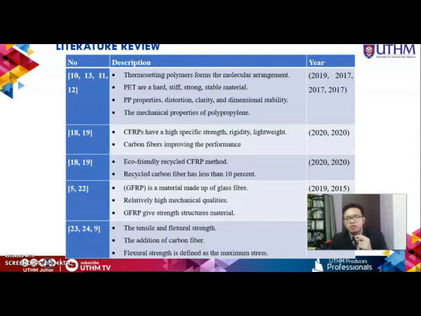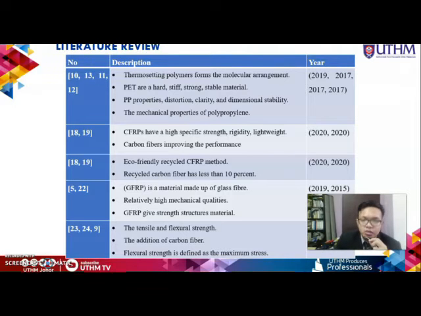So this is some of the literature review. As you can see in the table, the number of the journal, the description and the year of the journal. Going through the description, thermosetting polymers form a molecular arrangement. PET is polyethylene, a hard, stiff, strong, stable material. PP is polypropylene, with properties of distortion resistance, clarity, and dimensional stability. The mechanical properties of